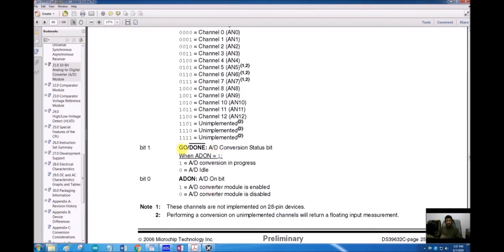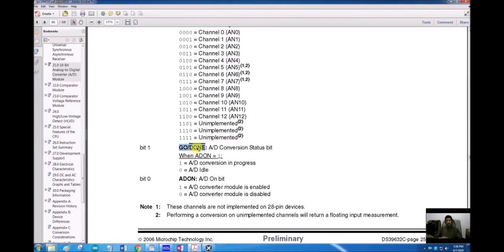The steps we will be following are: we will configure this ADC using the other 2 registers as well. We will discuss that now. Then we will set the GO/DONE pin to 1, and then we will keep polling the status of this pin. We will keep checking whether it has now automatically become 0 or not. And once it has become 0, we know that the conversion is finished. So now the converted data is available somewhere, and we can read that digitally converted data and we can use it anywhere we want to. So this is now a flag.